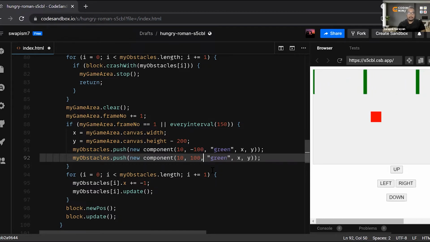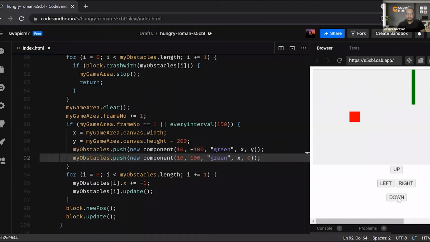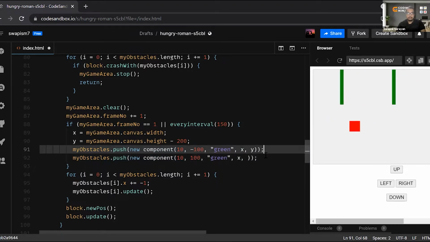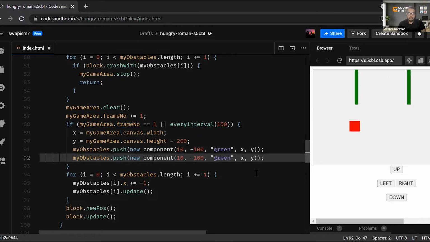Okay, then let's make the y as 0 for 1. So what it is doing, it is not actually the below one, like gap, let's say y plus 20.